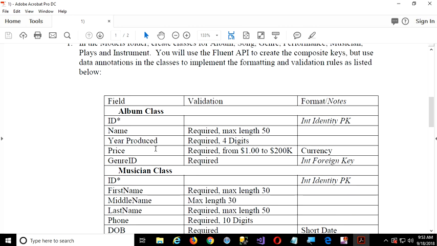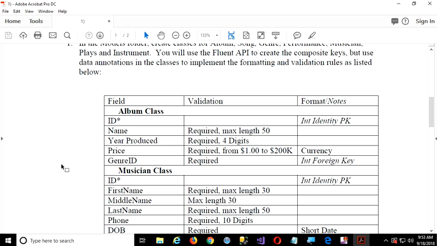So this isn't actually a table design chart like I had you hand in your homework. This is more a breakdown of what validation requirements there are for the different properties, right? I probably should say property instead of field, but you understand the idea, right? So the stars, of course, indicate a primary key, so just int entity, identity primary key, and so on. So I'm giving you validation requirements mainly as a hint for your data annotations, because that's what you're being marked on.